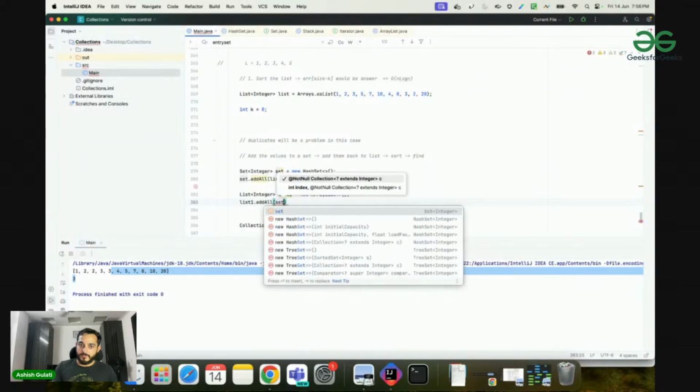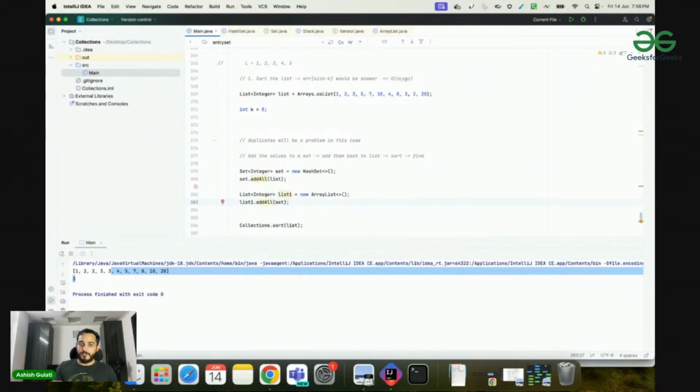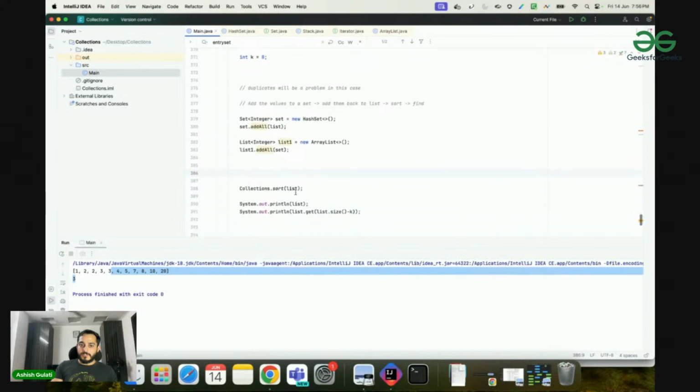And then I can use the set to add all the values back to this list, right? Now if I sort the list and find the answer, right? Now if I run it,